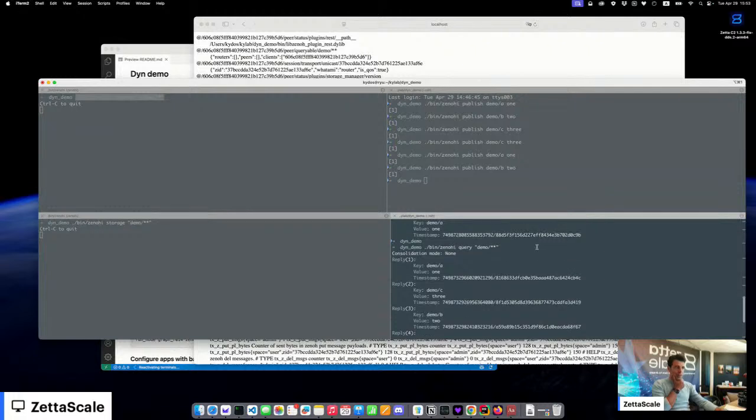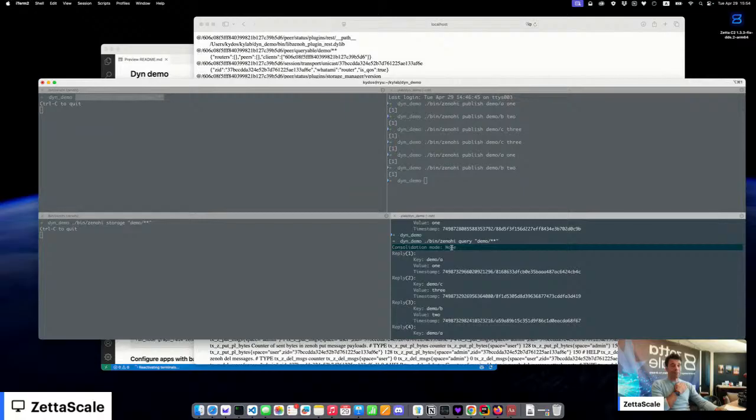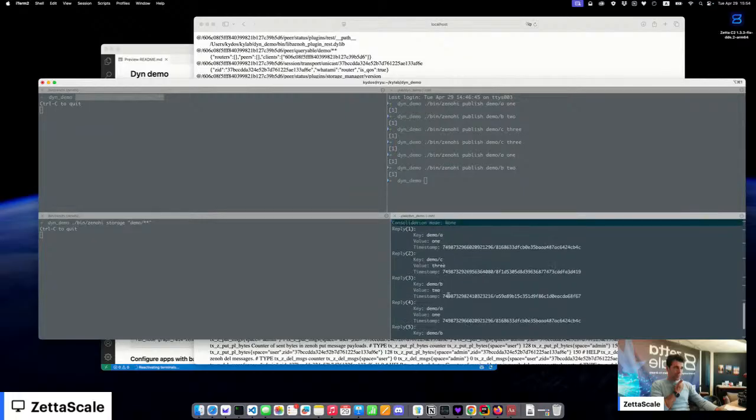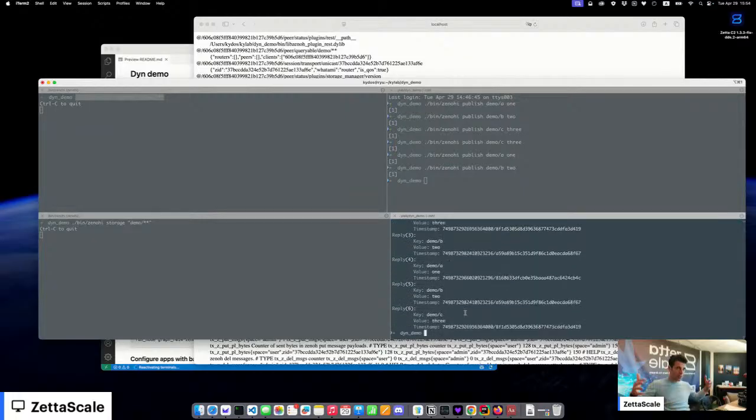I got lots of values, right? By the way, notice that Zenoh tells you consolidation mode is not defined, so I took none by default, so I'm not consolidating. Notice that I'm receiving one first reply for demo A, demo C, and demo B, and then some other replies. Those are the replies coming from the 2 storages. Why? Well, there are 2 things happening here. First of all, the default target is best matching, okay? But as those storages are not complete,